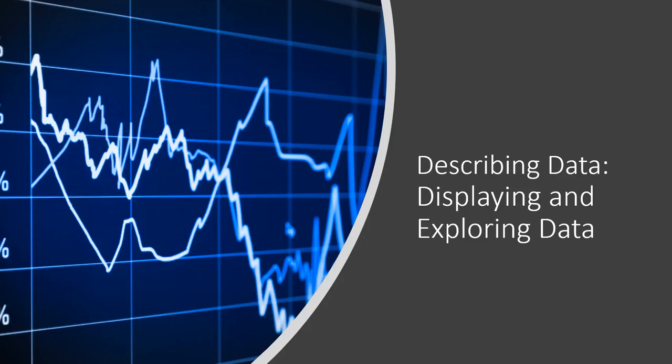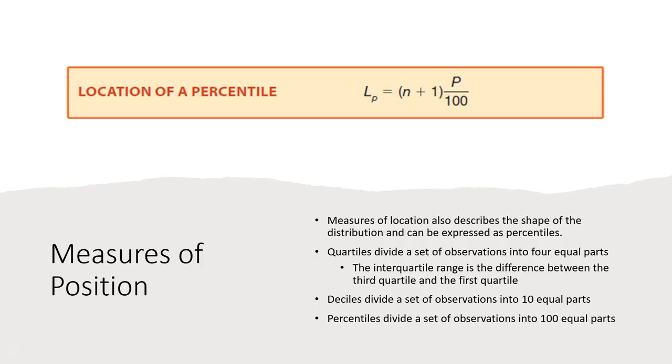This last section about describing data is going to go more into how we display and then explore the data once it's been displayed. Going back to our discussion of measures of position, one of the things that we look at is the location of a percentile. We've talked about standard deviation, and it's typically the most widely used measure of dispersion. But another method of describing dispersion is with a measure of location, where we have the formula of a percentile